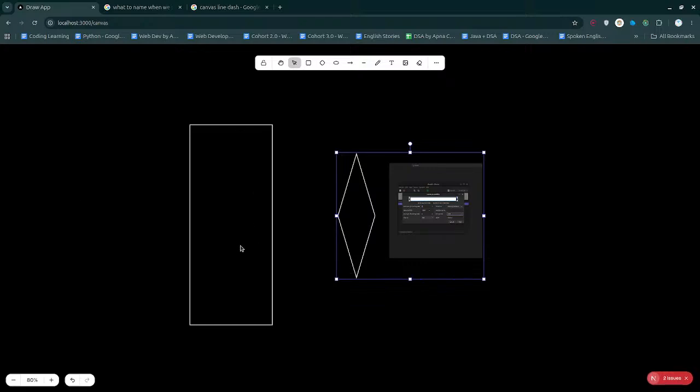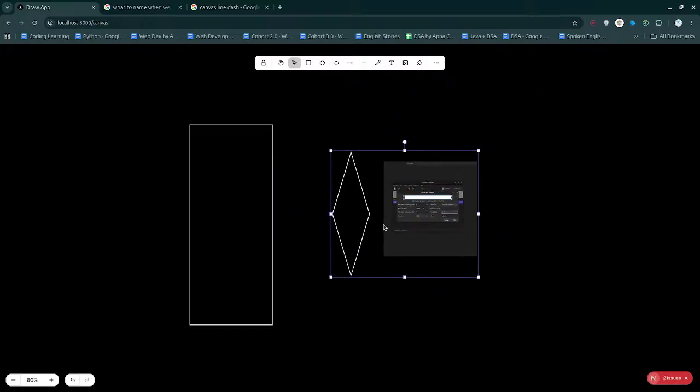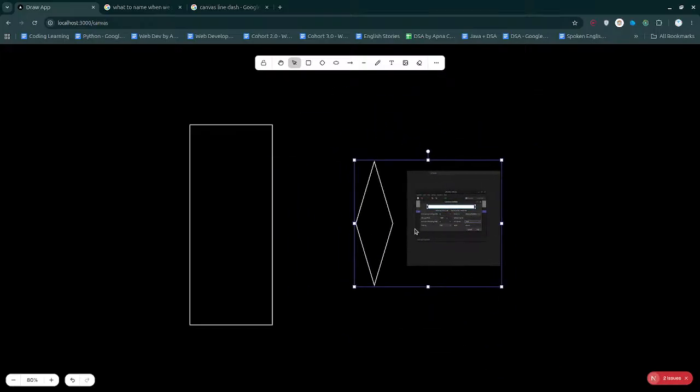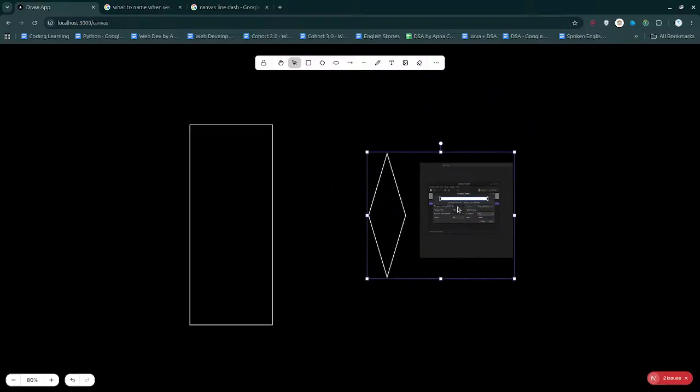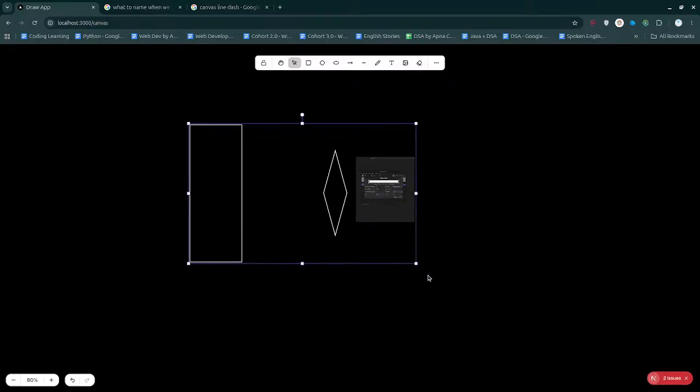So even if there are 10,000 of previous shapes, they will not render, rather this will only render. So in this way the drawing becomes softer. Your browser doesn't lag because it doesn't have to handle a lot of re-rendering. So that is why it is quite cool. Earlier it wasn't working this well. Never mind. The next thing is that we have to fix the resizing, and when it comes to resizing,